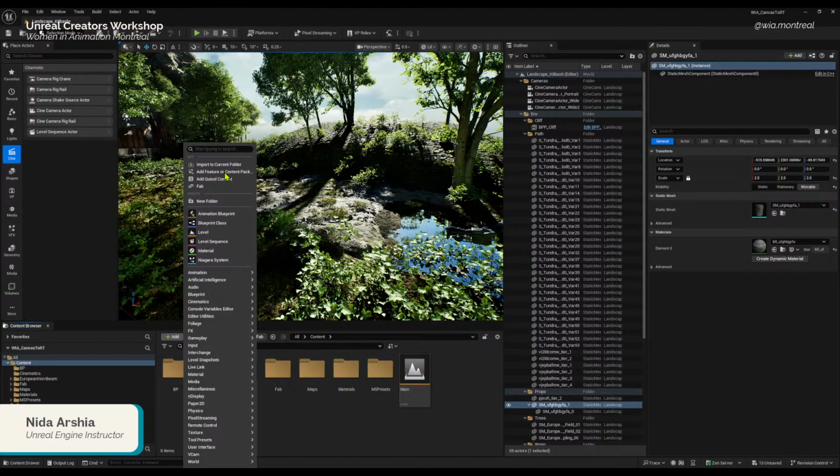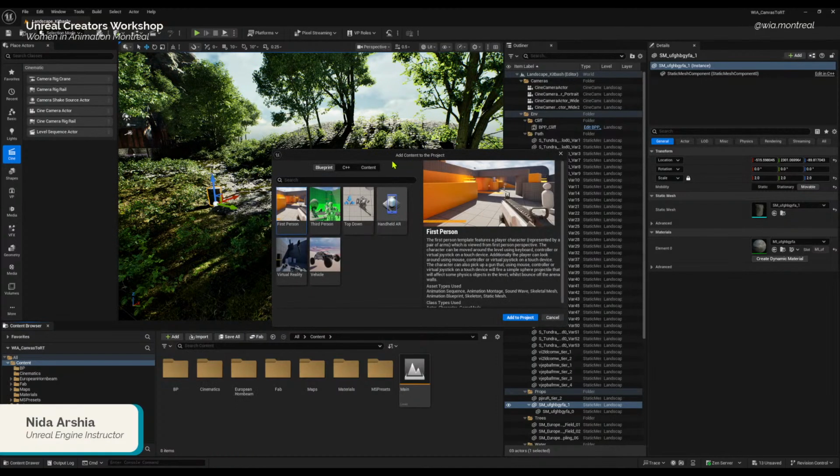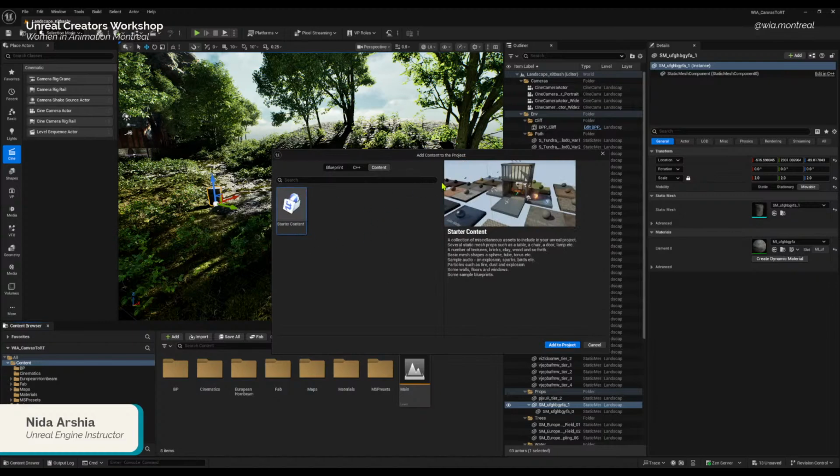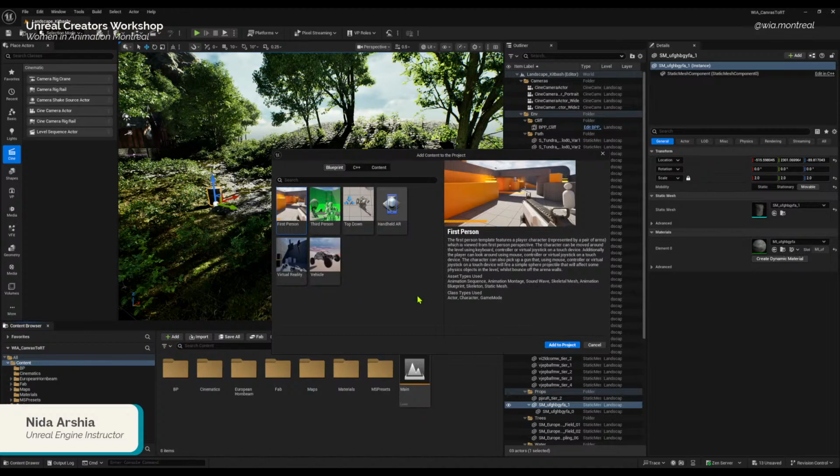This is the same content pack that we can get when we are creating the project in the beginning, where there is one setting that allows you to add some of the content you have downloaded. Similar to that, the starter content you can also access from here by selecting plus add. Under blueprint, we're just going to click on third person and add this to project.